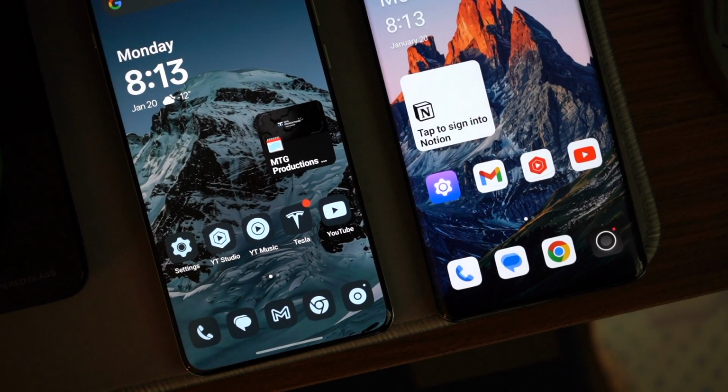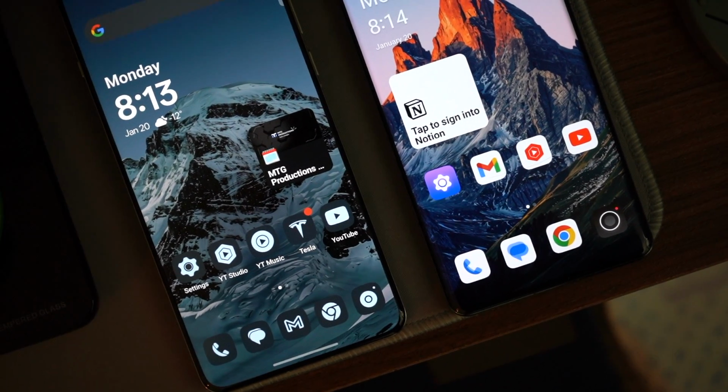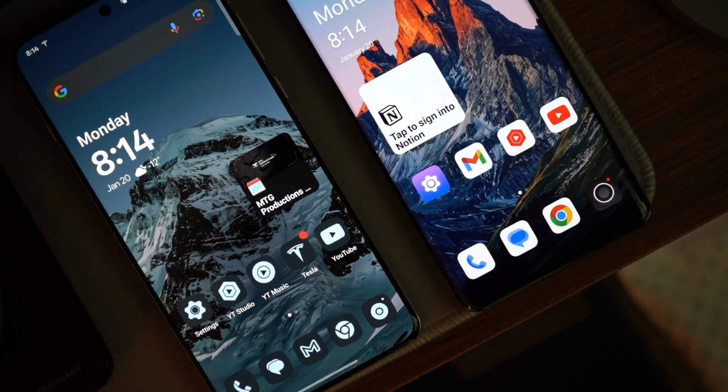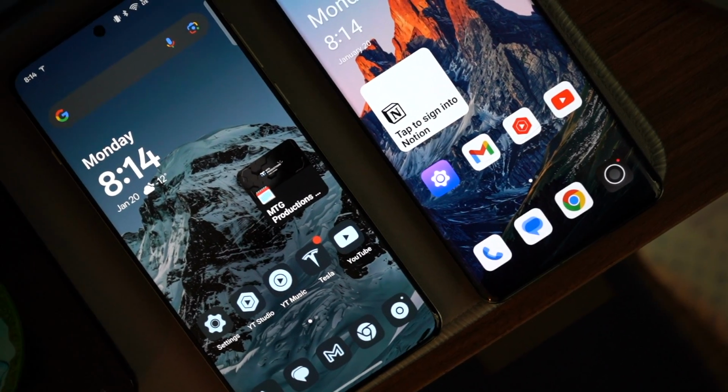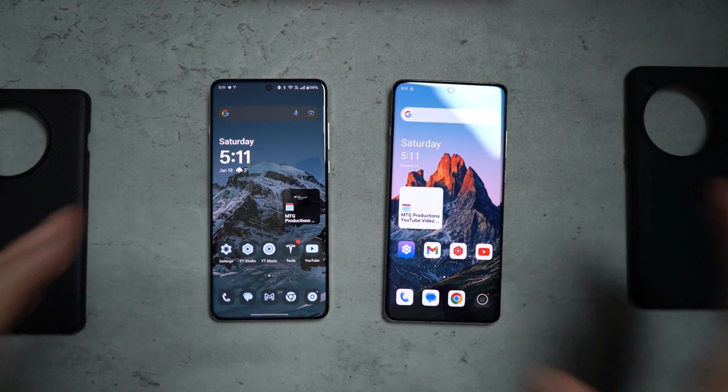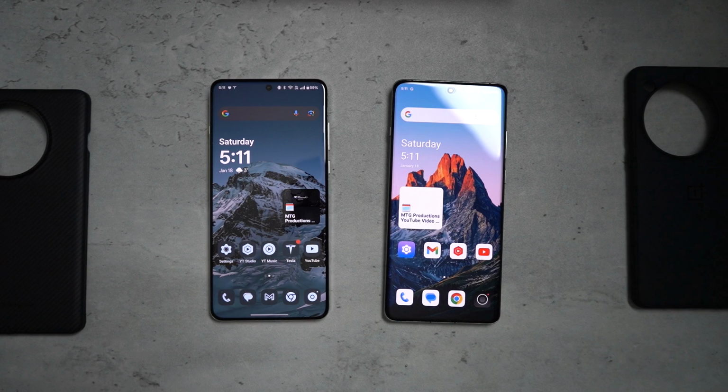I know people who hold on to their phones for much longer, but I don't know that many. I know a couple, but it's just not the norm as of yet. But phones are getting so much better, so it only makes sense to hold on to your phone much longer. But just in the grand scheme of things with both of these devices, the performance and the use case and everything